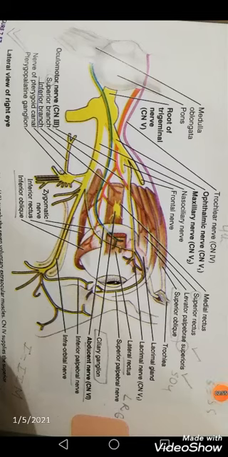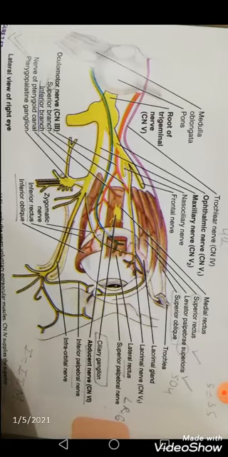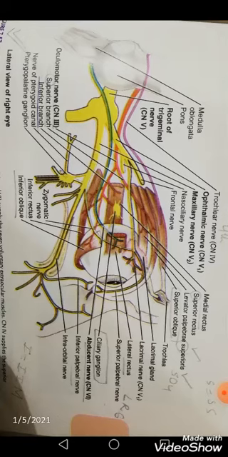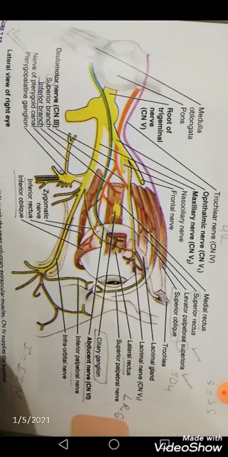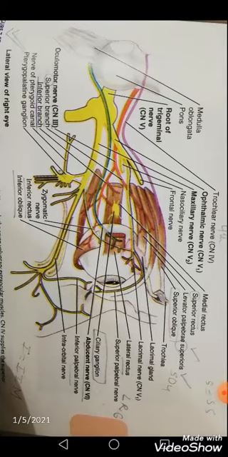Now look at the picture. Here we can see the lateral view, and from the start you can see the location of the medulla oblongata, pons, and above the pons you can see the midbrain. And from here you can visualize the red color marking, the diagram showing the oculomotor nerve in red, which is your third cranial nerve, having its superior and inferior branch.